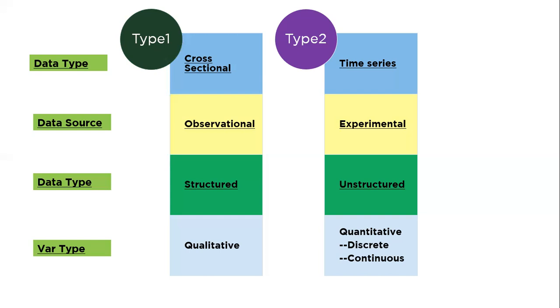From 11 to 12, how many vehicles have passed by? Let's say 600 vehicles have passed by. From 12 to 1, how many vehicles have passed by? You're observing it and you're recording it. This is also a source of data which is called observational data. And here, please remember, you are not experimenting, you're just observing and just recording the values. So observational and experimental, these are two different